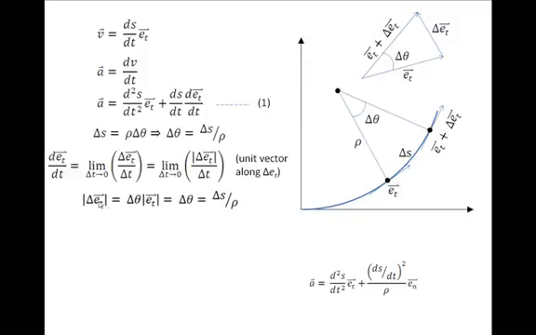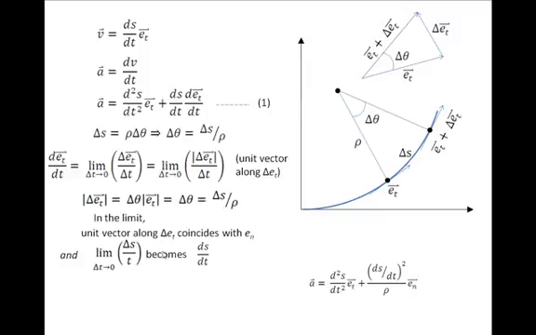So the magnitude of delta et is really delta theta, which we have derived here as delta s by rho. Now see what happens in the limit. It's not difficult to imagine that when this one comes close here, the delta et direction coincides with the direction of the normal at this point,